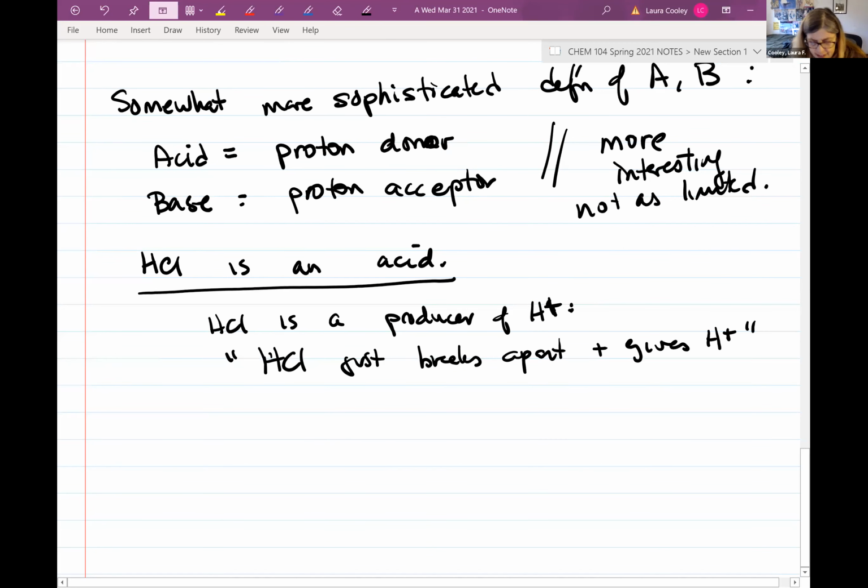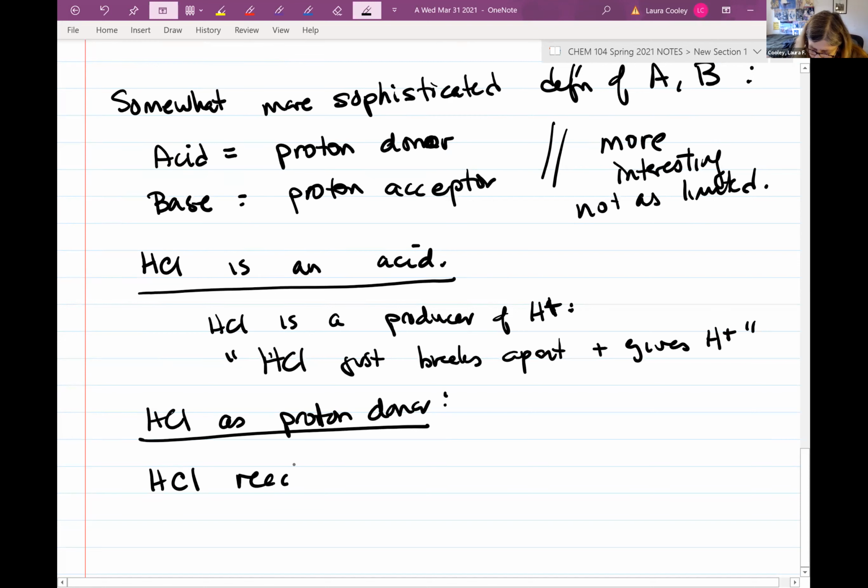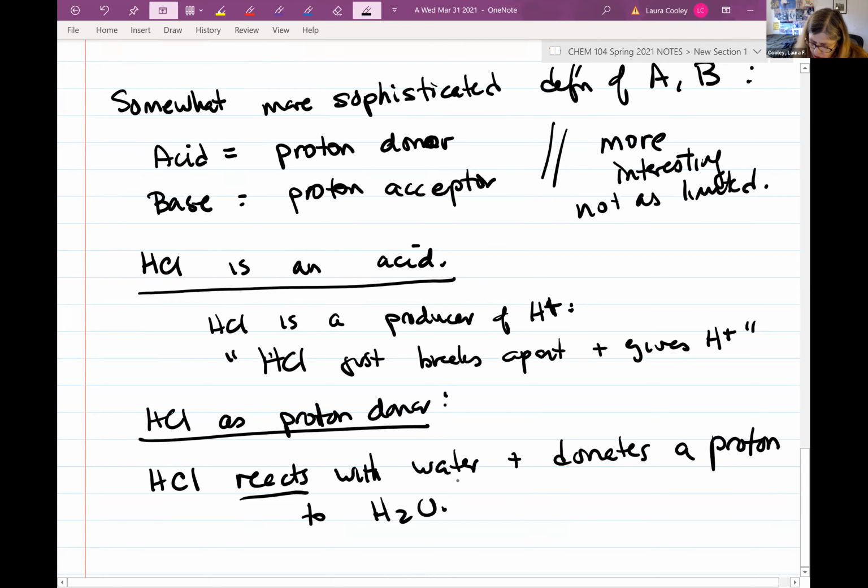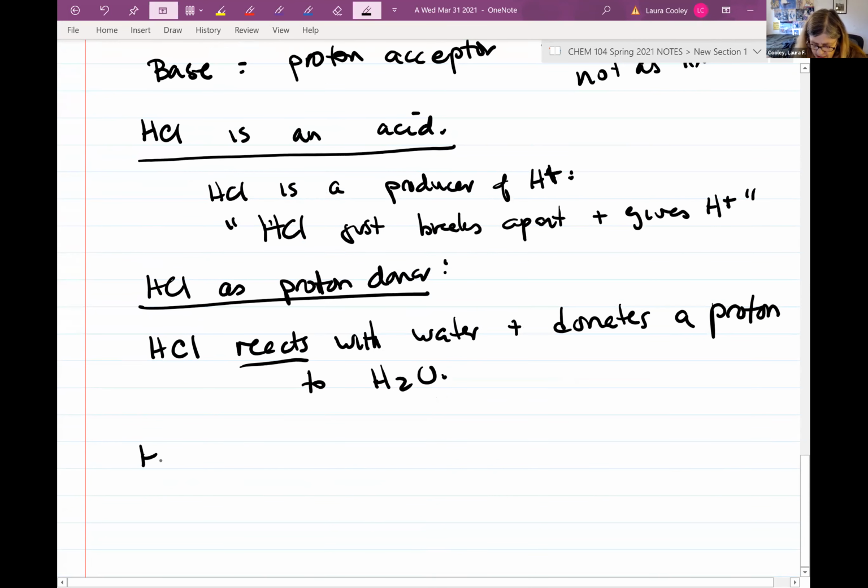But another way of looking at it, using the other definition, is HCl as a proton donor. You would say that HCl reacts with water and donates a proton, an H+, to H2O. So it actually tells you what HCl does. Here's HCl, and here's water. If it donates a proton to water,